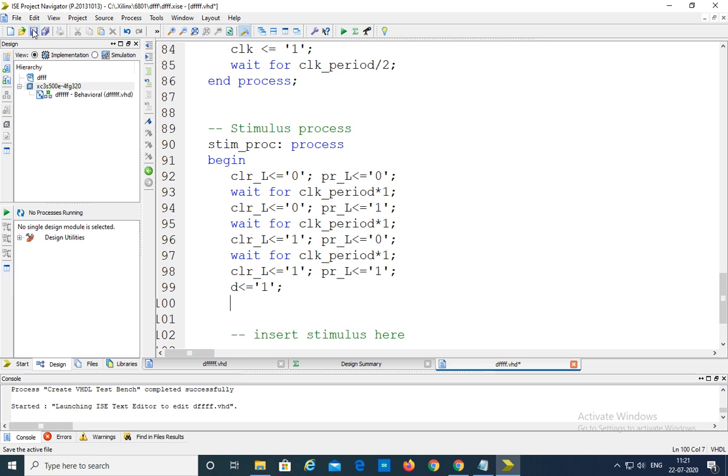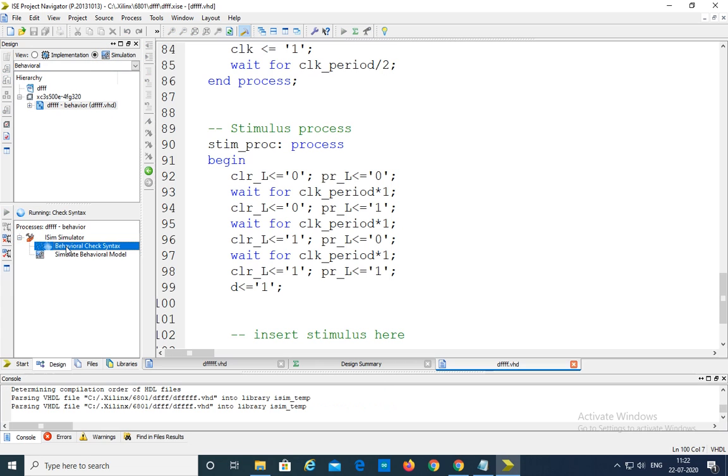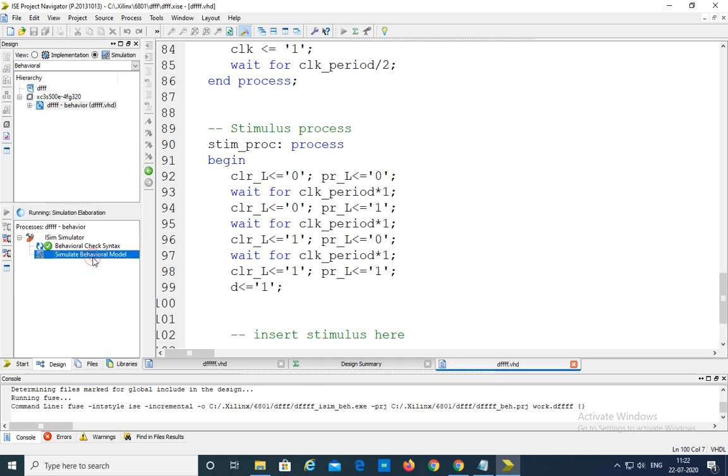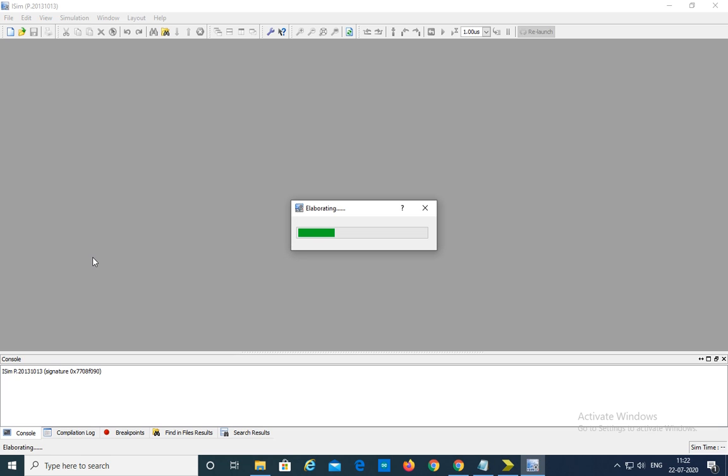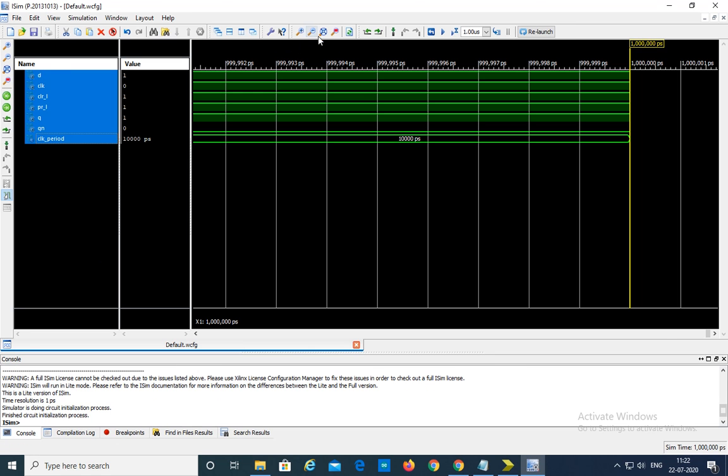So now click on save here, select the simulation, click on file, expand this one and behavioral check syntax. So simulate behavioral model. Now we'll get the waveform. In this waveform, first we have given the 0 0 combination, that is clear is equal to 0, preset is equal to 0. Both are active, which means it is undefined. Why? Because both are active means output should be 0 and 1 at the same time. It is not possible, so that's why it is undefined. So for the 0 0 combination U is shown first, from 0 to 10 nanoseconds, and after 10 nanoseconds